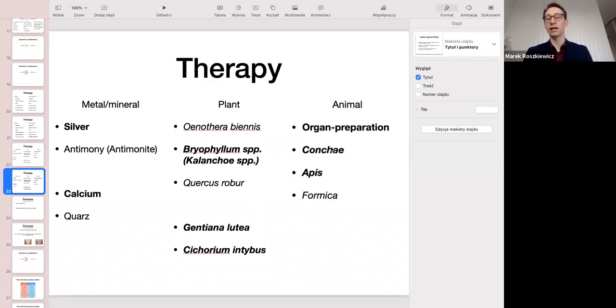Conche is also something connected very much with calcium processes, but in a special way, because in conche, it's oyster shell. So we can grasp this etheric body directly, not through these all 3 stages, but to do it directly. And for example, apis, as you know, the bee is, I would say, most effective in acute inflammatory states. And we will see this also, for example, in acne, that we are using this in very acute red itching phases. And here on the bottom, there is Gentiana lutea and Cichorium intybus.